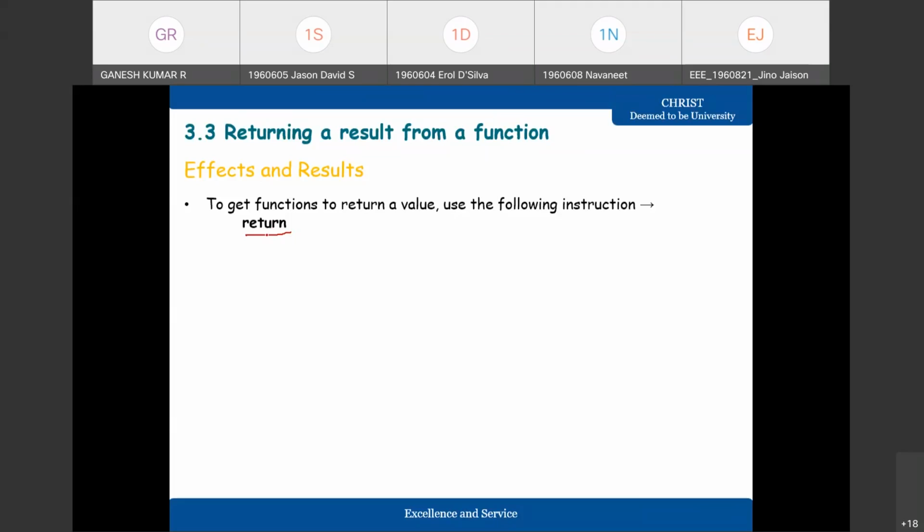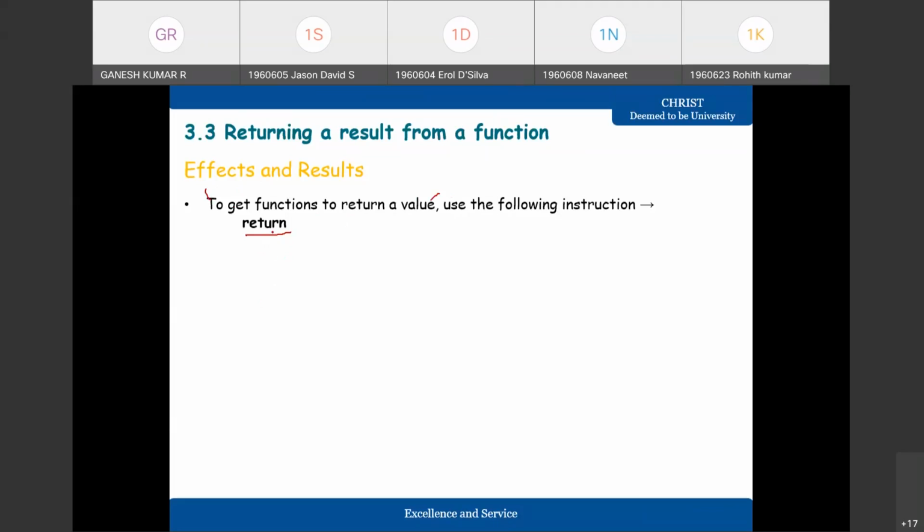This will be used inside the function definition to return a value. Is it clear?